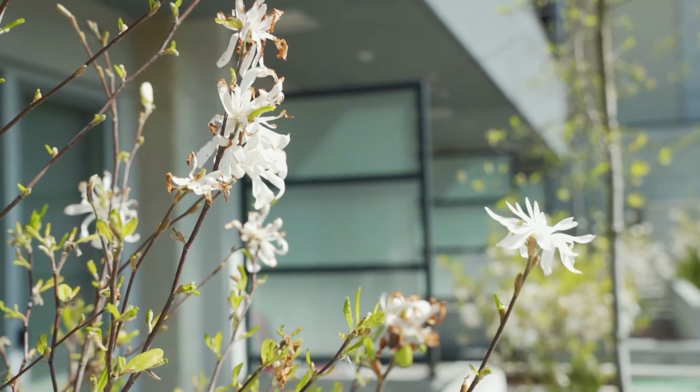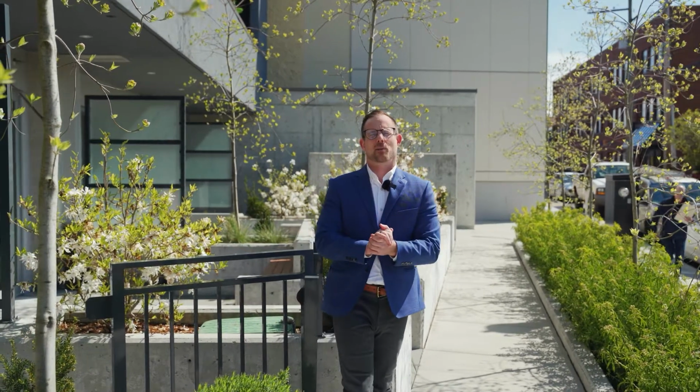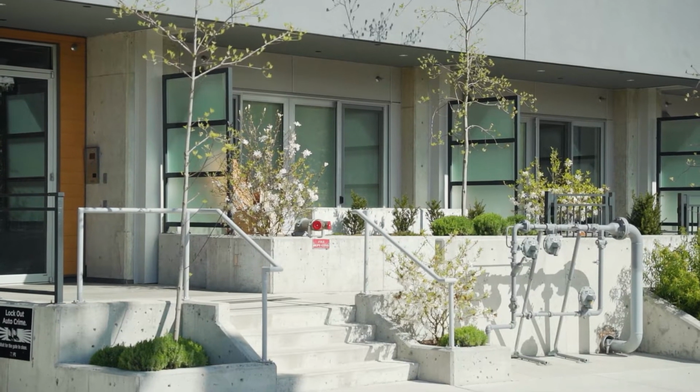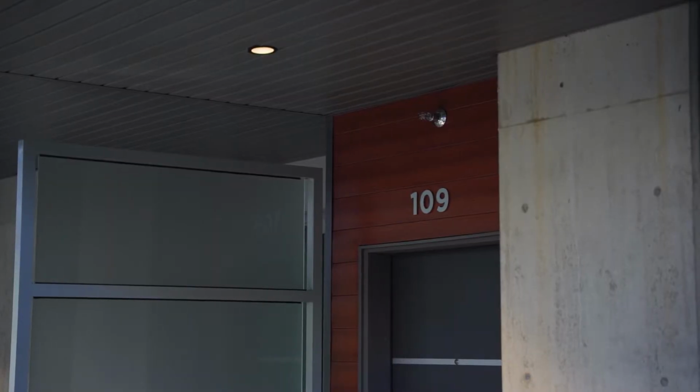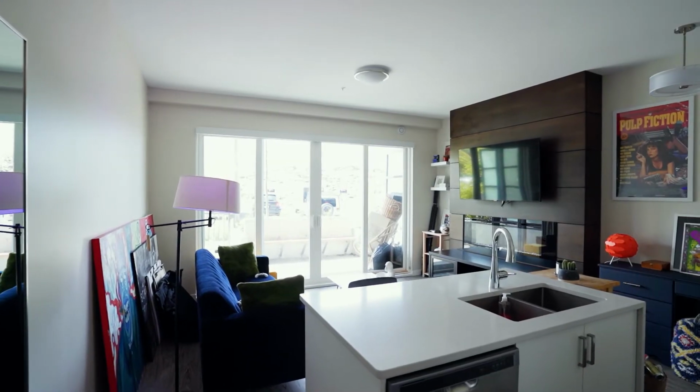Hi and welcome to Unit 109 here on the sunny side of 91 Chapel Street. This 60-unit complex was occupied in early 2019, and Unit 109 represents a one-bedroom, one-bathroom, 660 square foot ground floor